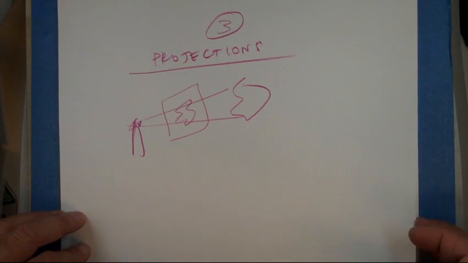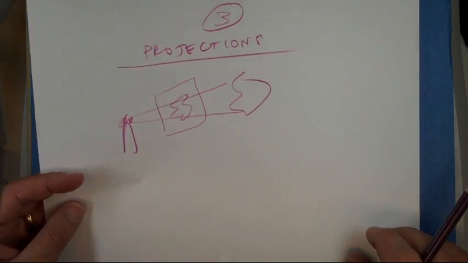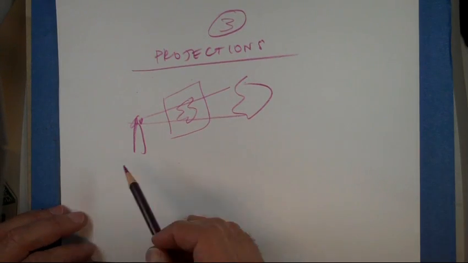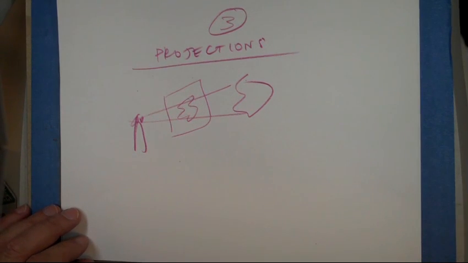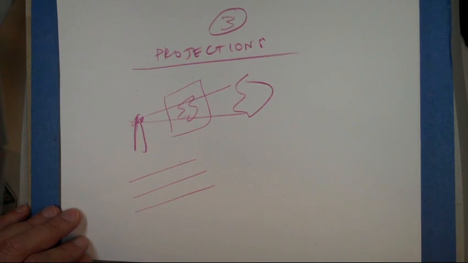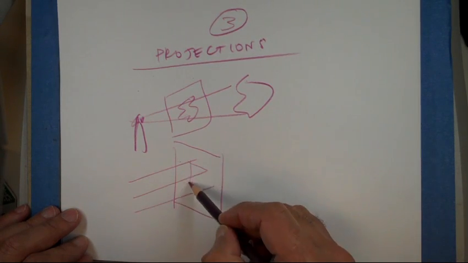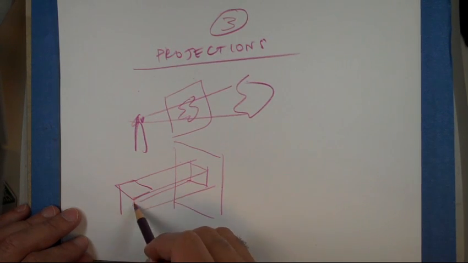We pretty much do that all the time when we draw, except that instead of having the piece of paper in front of you, except for the painter, you have it on the table. So the three kinds are either orthographic, and